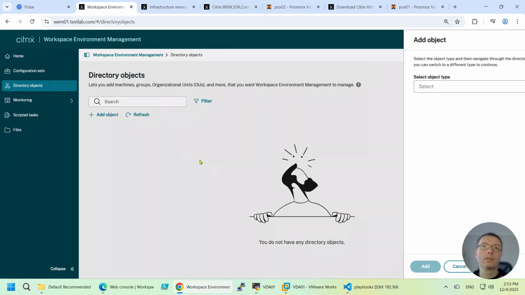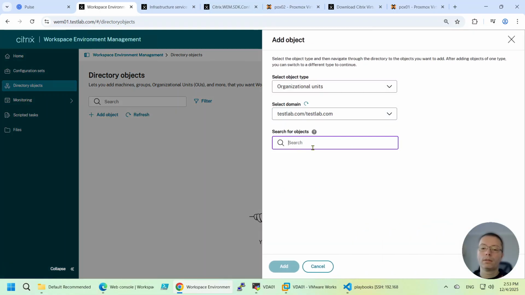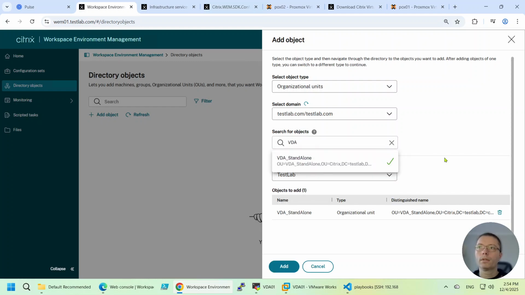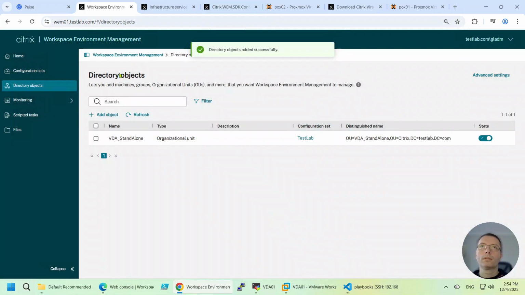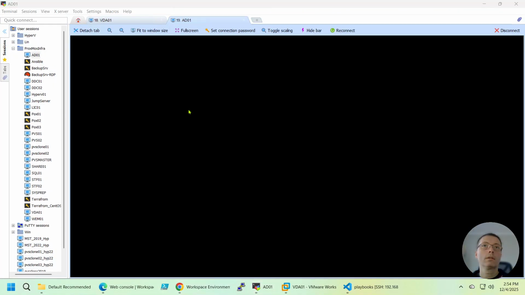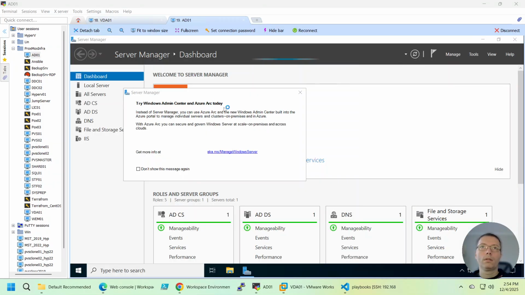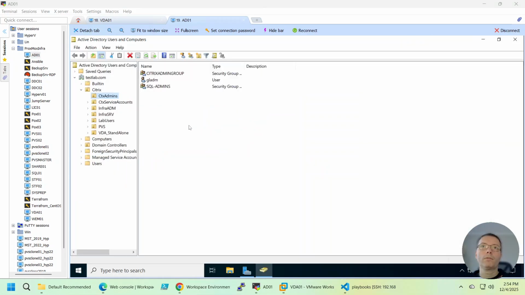And let's also add an organizational unit, and I will add the organizational unit where my server that I just installed the agent on is present. So if I go into AD, open the Active Directory, my VM is exactly in that OU. So VDA 01, it's in VDA standalone. And now if we go back,